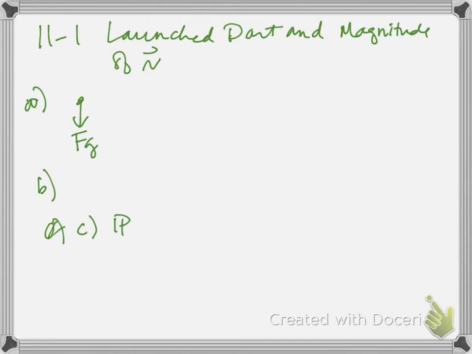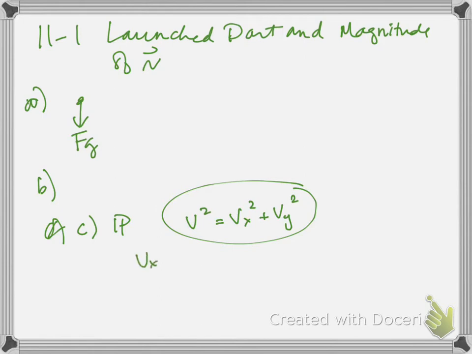So the gist of this is that you've got to address the fact that the velocity is the vector sum of the components, so that at any point, the square of the magnitude of the velocity is equal to this. Now, you don't necessarily have to say this, but you do have to touch on the fact that the magnitude of the velocity depends on the x component and the y component, right? So Vx remains constant,